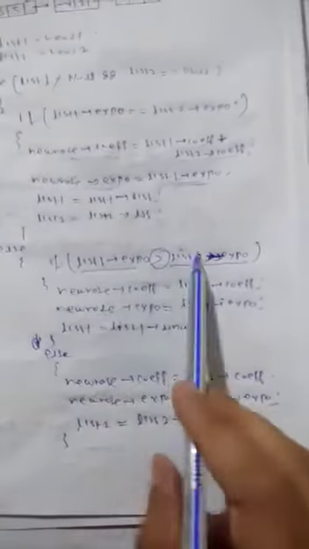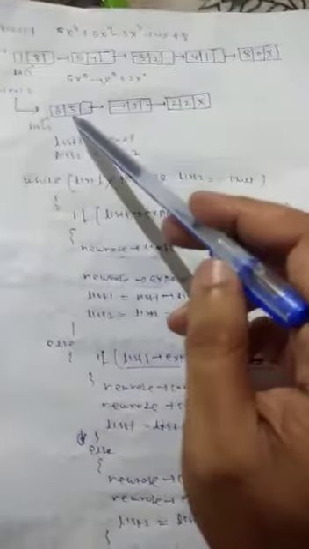If the list 2 exponent is greater, then what happens? Suppose with these exponents the list 2 exponent is greater, that means the new linked list will store this node first. If the previous condition is not satisfied, that means the list 2 exponent is greater, then the new node coefficient will be the list 2 coefficient and the new node exponent will be the list 2 exponent. The greater value is stored first, and list 2 is then incremented. In this way we have to compare.